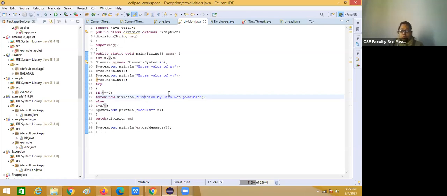Okay, so if you write this, it will give us the message at that point only. Okay, now after that, here I have written the catch. Catch is for what? Catch is for handling the thrown exception. Whatever the exceptions are in this section, that exception will be caught in this block.